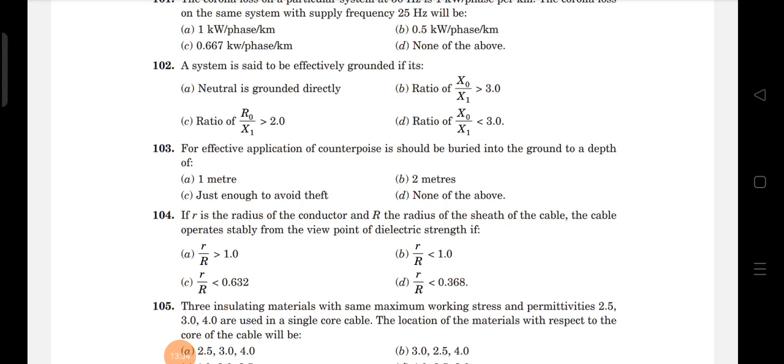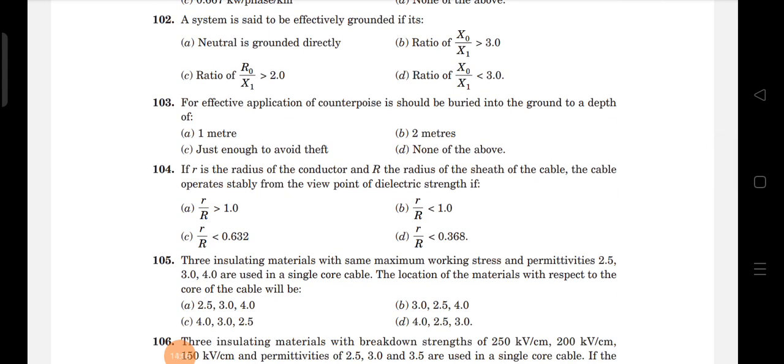Next, if small r is the radius of the conductor and capital R is the radius of the cable, the cable operates stably from the viewpoint of dielectric strength. Okay, small r is nothing but the radius of the conductor, capital R is nothing but the radius of the sheath, right? That is, small r by capital R is always less than 0.368. Okay, that means the fourth option is correct. Next,